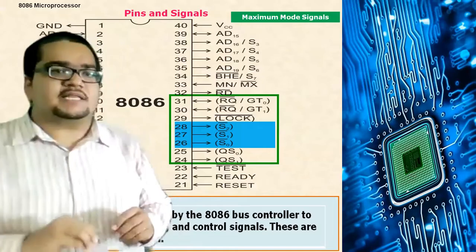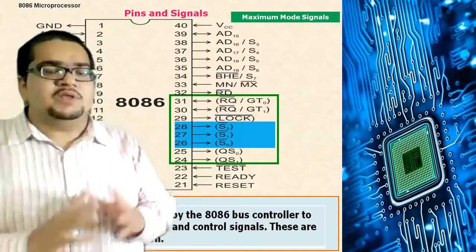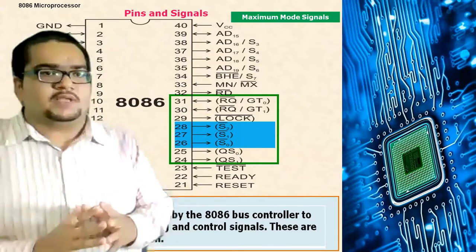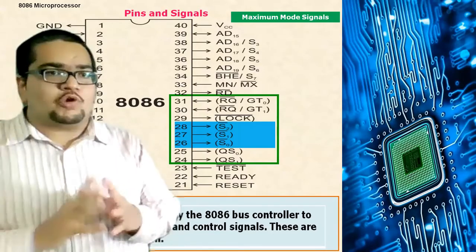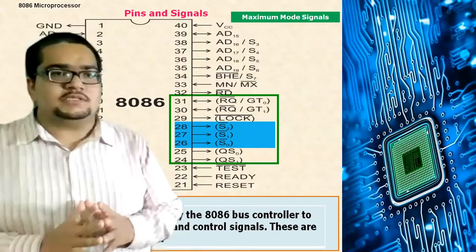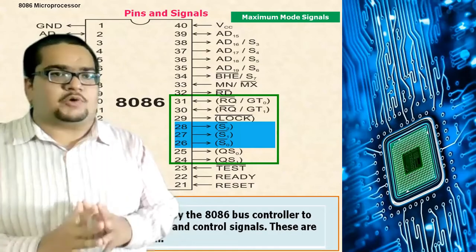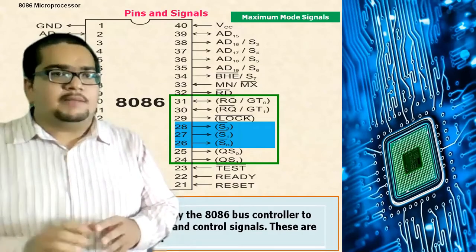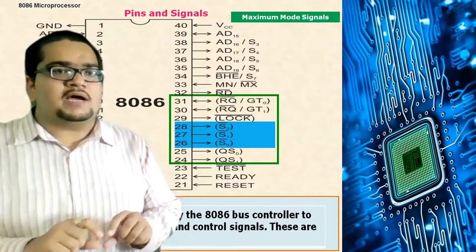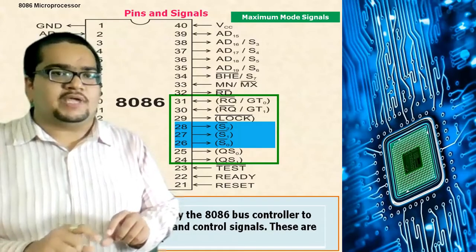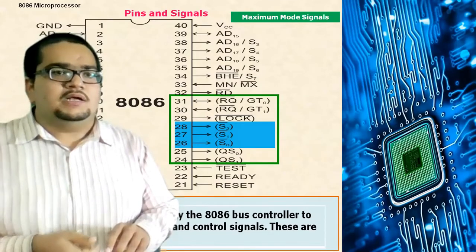and these 3 bits are given to another device in the maximum mode 8086 system, which is called a bus controller. About the bus controller I have told you earlier also. Now in maximum mode it is more important to have a bus controller, because in one CPU, in one computer, there can be more than one processor. But memory and IO devices will be talking to the processors via a system bus.